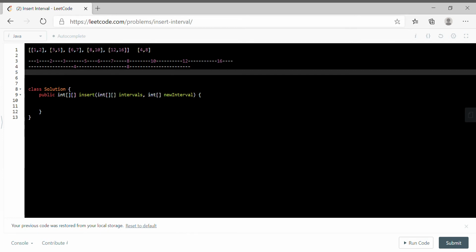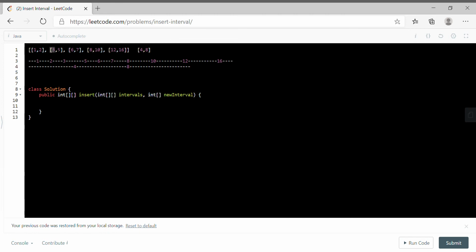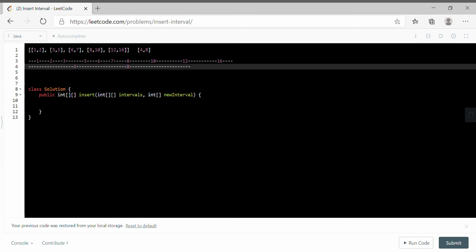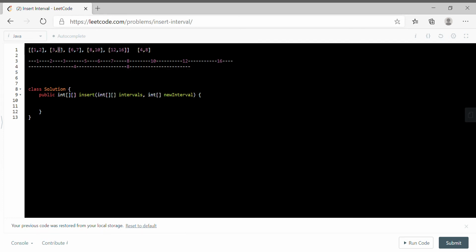So when we start, whatever lies before this 4, we'll add as it is to the result. And whatever intervals lie beyond 4 and before it, we need to merge.